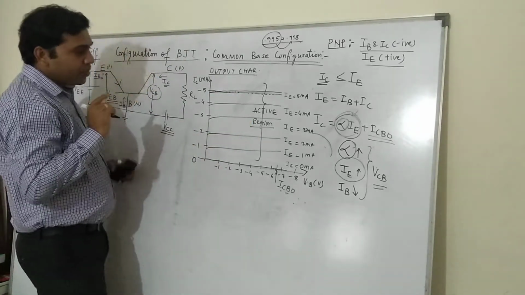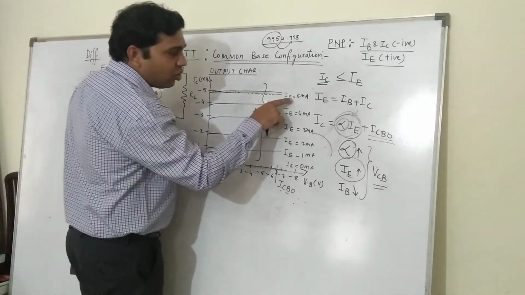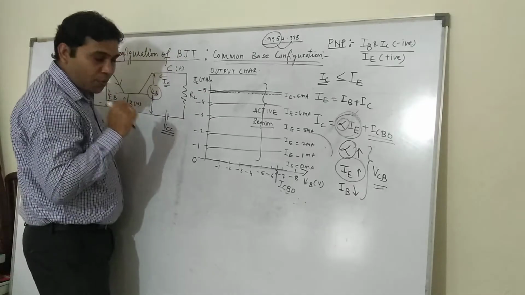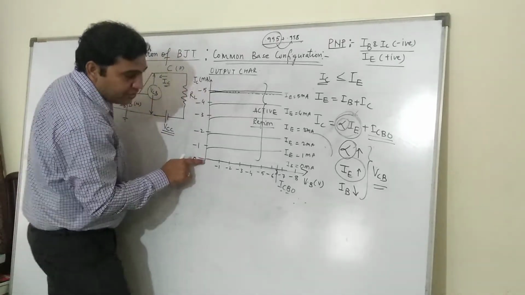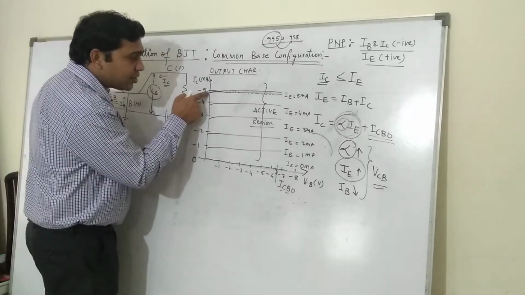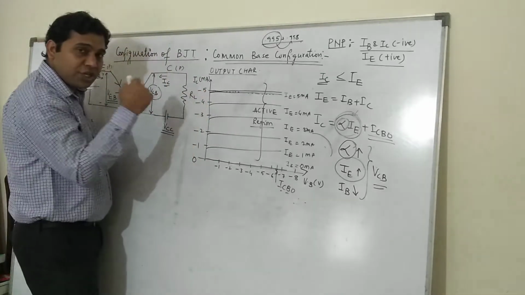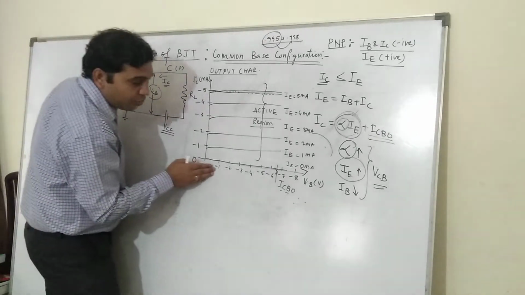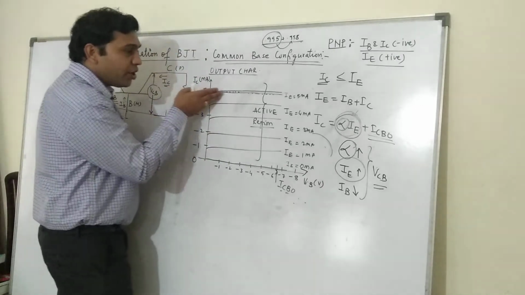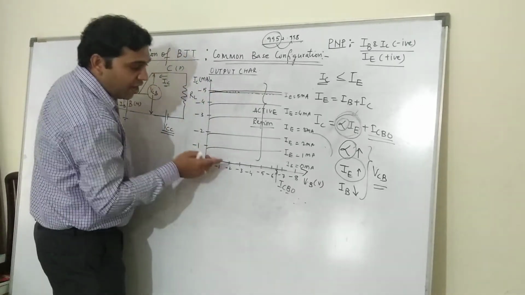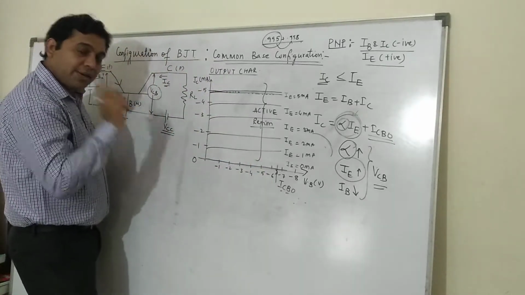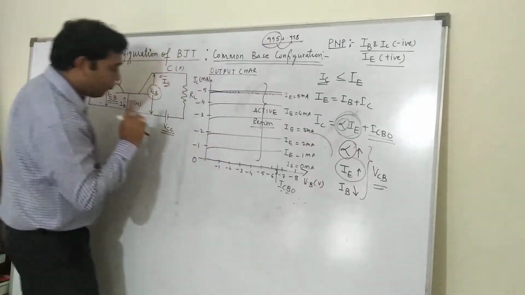All these combinations we will see here itself in the characteristics. How? Now let's say IE equal to 5 milliampere. We have a current here, somewhere here, 4.9. But this is at 0 VCB. If I wanted to make IC equal to 0, what should I do? Because if I increase VCB in this direction, in this polarity, IC is going to increase. But let's say I make VCB positive. Now, VCB positive meaning what?